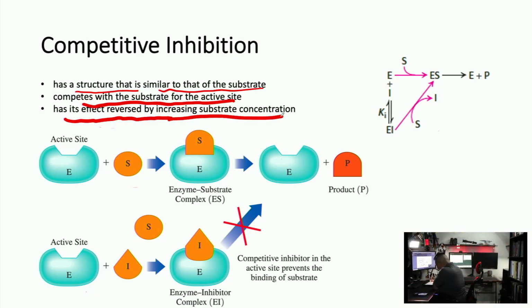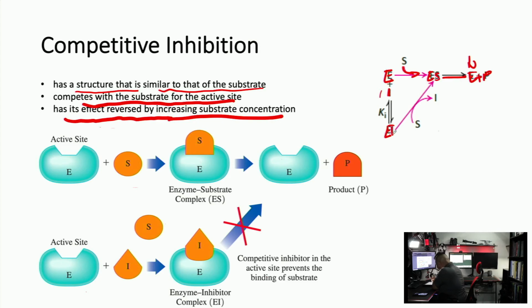So here I have my enzyme, and if normal things are happening, I have my enzyme substrate complex forming after my enzyme goes into the active site, and I get the enzyme end product. And my enzyme is back to normal, back to the way it was before, and it can do more reactions. But if I add the inhibitor, right, I then get the enzyme inhibitor complex.